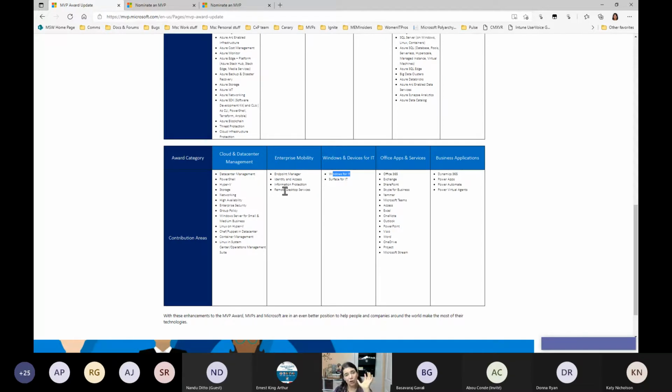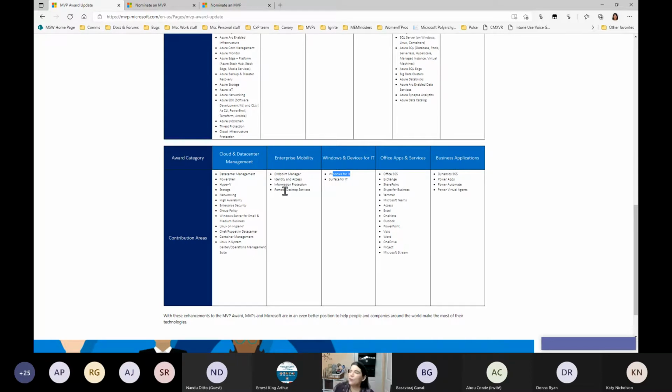If they're reaching those same kind of levels, then I'll say, great, I'm going to approve them over here for enterprise mobility. Now, at the same time, they may also have a lot of great information protection or identity or RDS. And so the people who run those different categories may also decide, hey, I'm going to invite them over here into my stuff. And of course, once you're an MVP, there's also a lot of stuff that we offer that is open to every MVP, not just specific award categories. So, it just kind of depends.